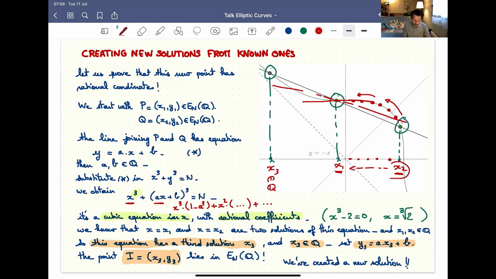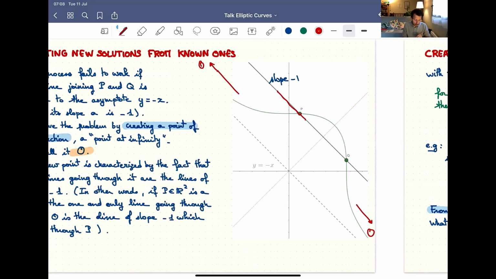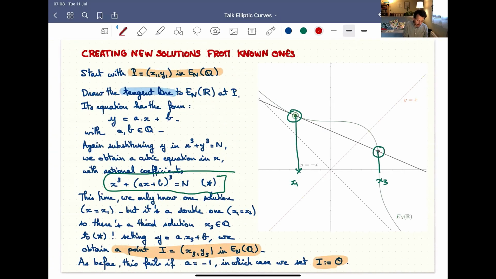So in this sense, the tangent process to slide ahead is a sort of limit of the chord process that is on this slide. Okay, and that's why I said that x1 equals x2 is a sort of double solution. It's because we think of